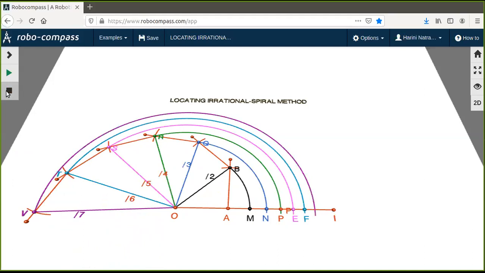See how it's going on. So step by step, you should be creating this spiral. It is called a spiral because one right triangle is sitting on the other. So it is going one on one, and a spiral is being created. It's kind of a circular array, and hence this is called locating irrationals using the spiral method. So I hope you should be able to do this on your own. First, try it out in the classwork.